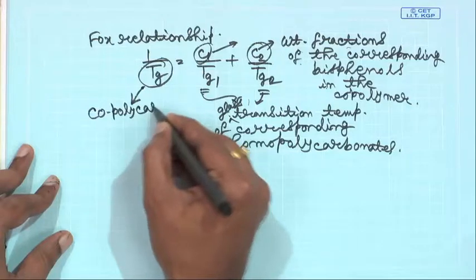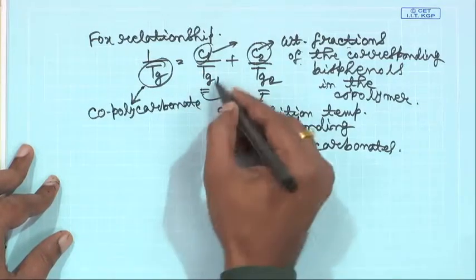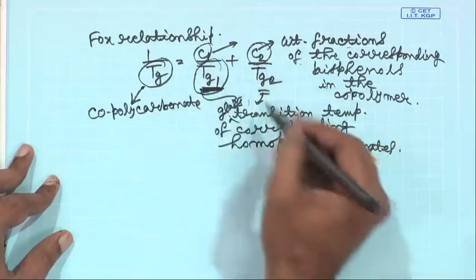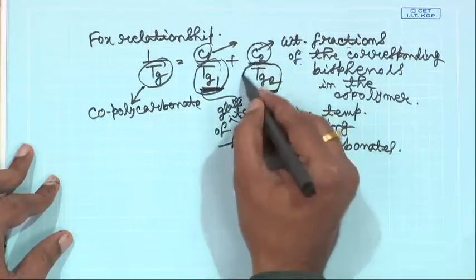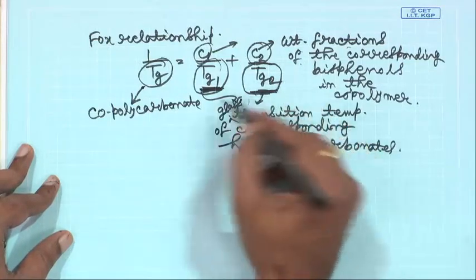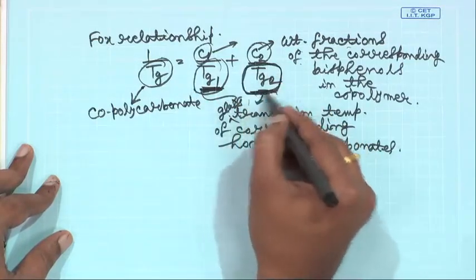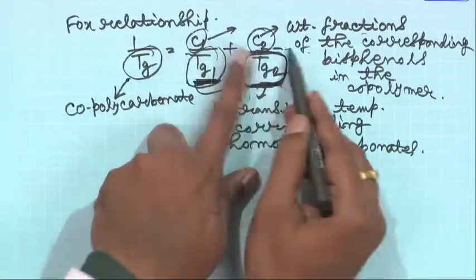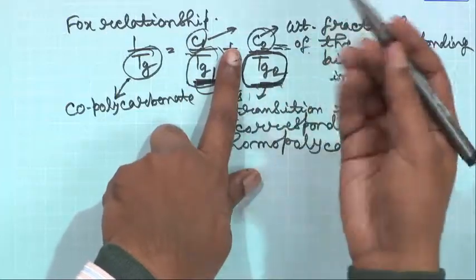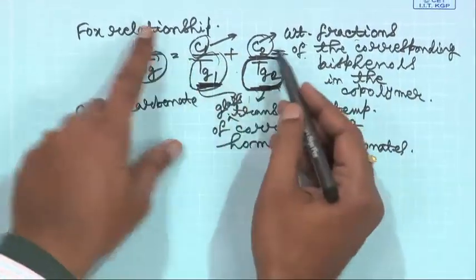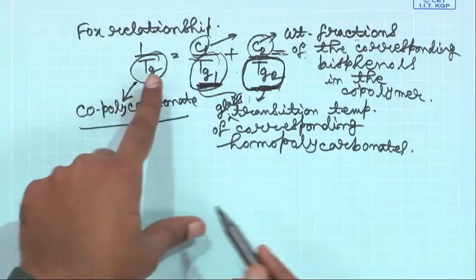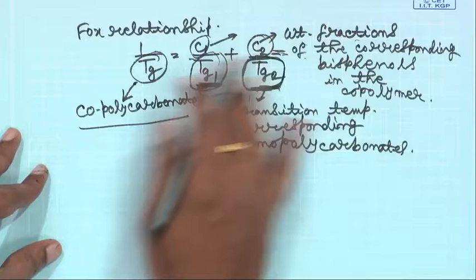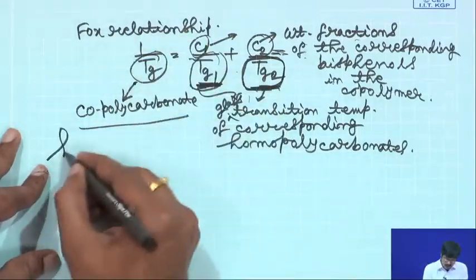So, let us say this Tg1 is for bisphenol A polycarbonate. So, this is 150 degree Celsius. This Tg2 is for bisphenol trimethyl cyclohexane polycarbonate, so both are homopolymers. This is 239 degree Celsius. So, you change this ratio depending on what weight fraction you want for the corresponding monomer to go into the copolymer, and then from this relationship you can find out what will be the glass transition temperature of the corresponding copolycarbonate. And these are examples of a class of polycarbonates also called high heat